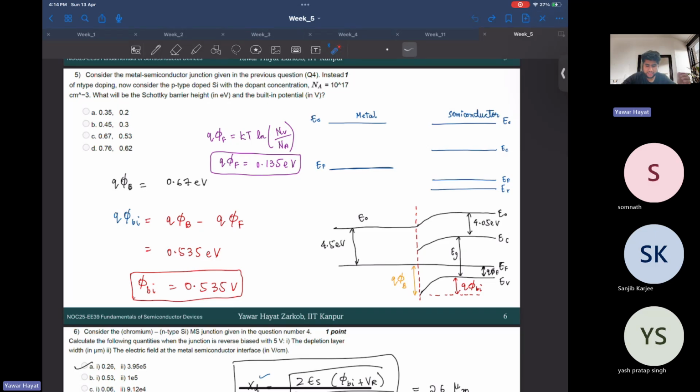So when you have P-type doping, this would be the equilibrium band diagram. Okay. And this would be our Schottky barrier height. This would be our built-in potential. And this would be our phi F, the bulk potential. Now, first we obtain phi F, right, using the doping values, right? And once you obtain that,